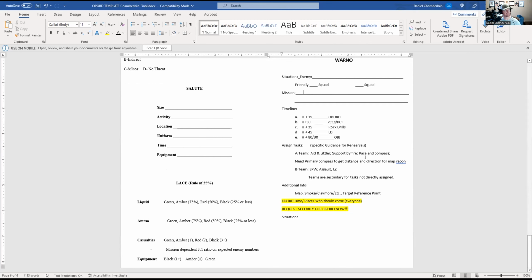All right, so that takes us to timeline. If you've watched my how to prep an op order, you saw my timeline there. I've altered it a few times throughout the years as I went through as a candidate, and now that I'm on the tac side, I have definitely changed the timeline some, but there's not a lot, right? We've taken rock drills out now because it's not real. So that just became rehearsals.